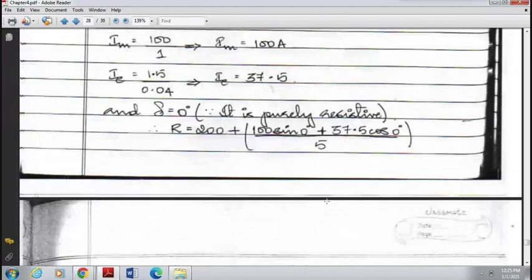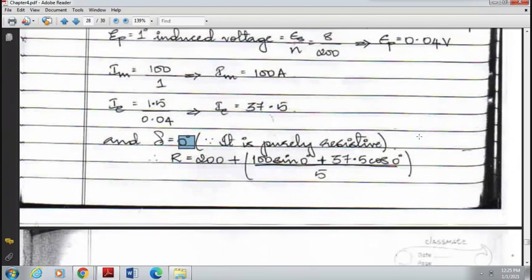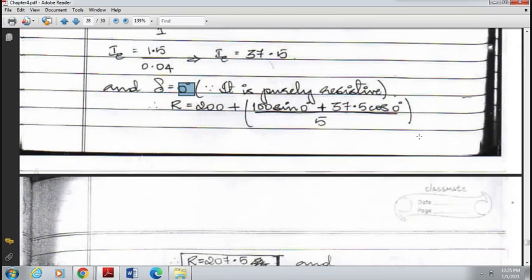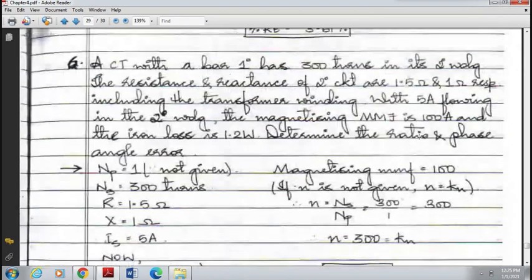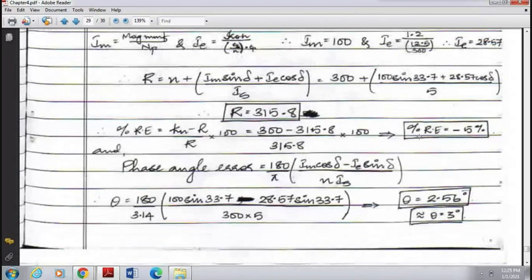Previously difference ಇದೆ ನೋಡ್ಕೊಳ್ಳಿ. We have not added anything for delta. Directly delta ಗೆ 0 ಅಂತ ತಗೊಂಡಿರ್ತೀವಿ. Purely resistive circuit 0 ತಗೊಂಡಿದ್ದೀವಿ. So sin 0 and cos 0 whatever values we are going to get, that we have substituted in the previous problem. So that is a major difference what you have to observe from last problem to this problem. So theta, phase angle error.